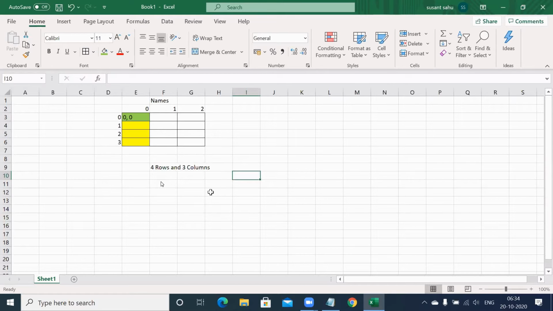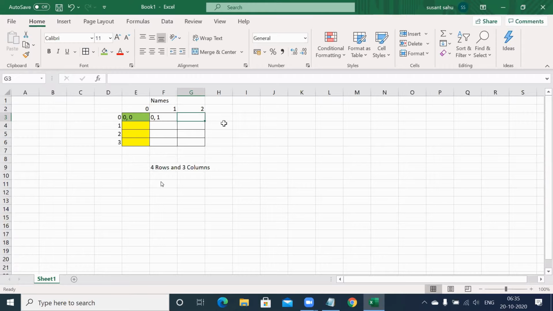Why so? Because it is 0th row and 0th column. Similarly, any one cell you consider, suppose the second one, where my cursor is, 0, 1, because it is falling under 0th row and 1st column.